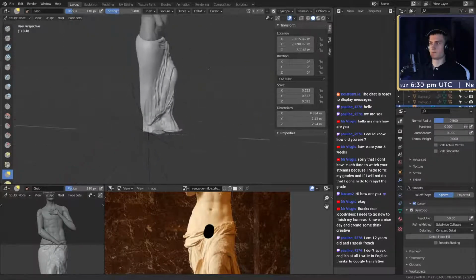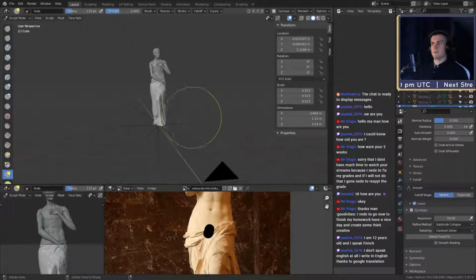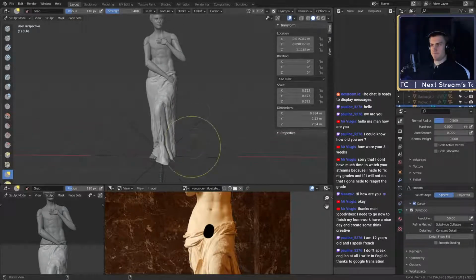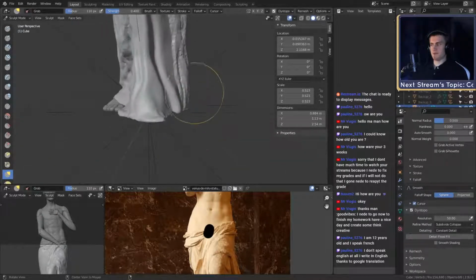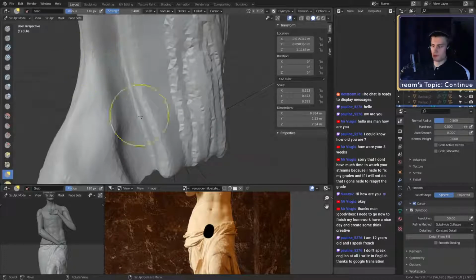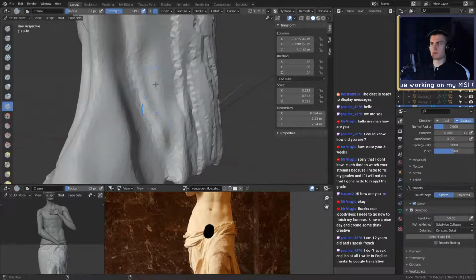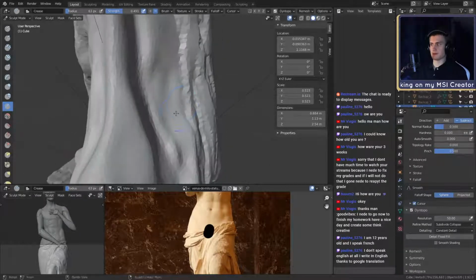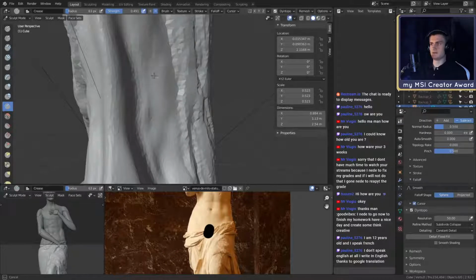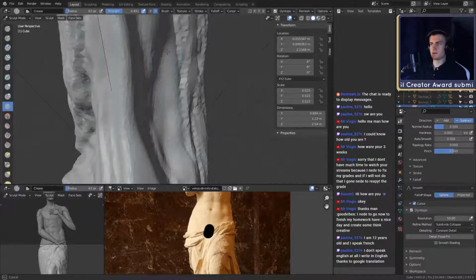Okay. We definitely need more volume in here, but I want to remove it a little bit because I need a deeper fold right here.